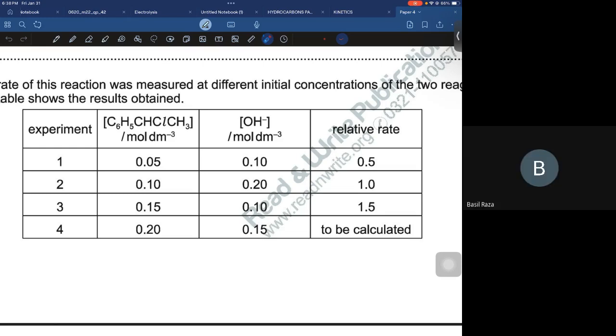Sir, it is 1 for both. For both it is 1, okay, let's see. Sir, for C6H5CHClCH3, it's first order. And for the other one,